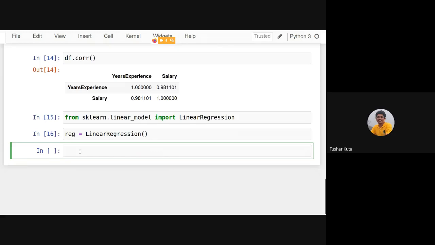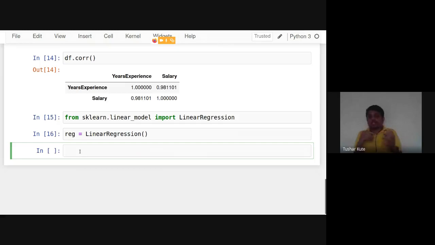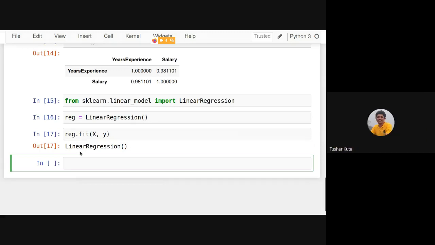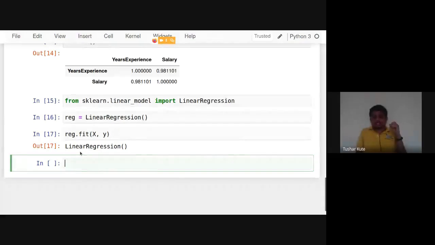Training is applying the data to the algorithm, just like machine learning requires. We apply that data and then the linear model will be created. To do this, I have a function fit(x, y). Now the LinearRegression object is created, and what we will do is predict, doing the predictions on the given data.